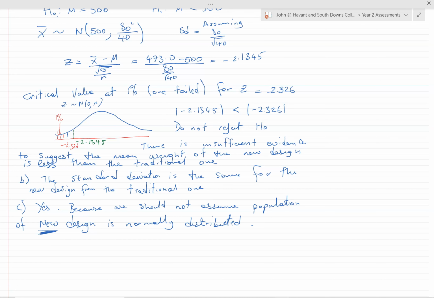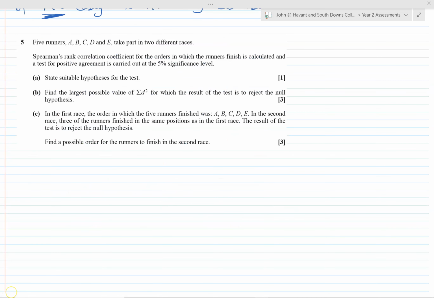Okay, right, let's look at the next question. Question 5 is a Spearman's rank question and another hypothesis test. Part one is to state the hypotheses. If it's Spearman's rank, it's a non-parametric test. OCR are quite picky about the vocabulary you use, so you have to use the word association. So the null hypothesis is no association